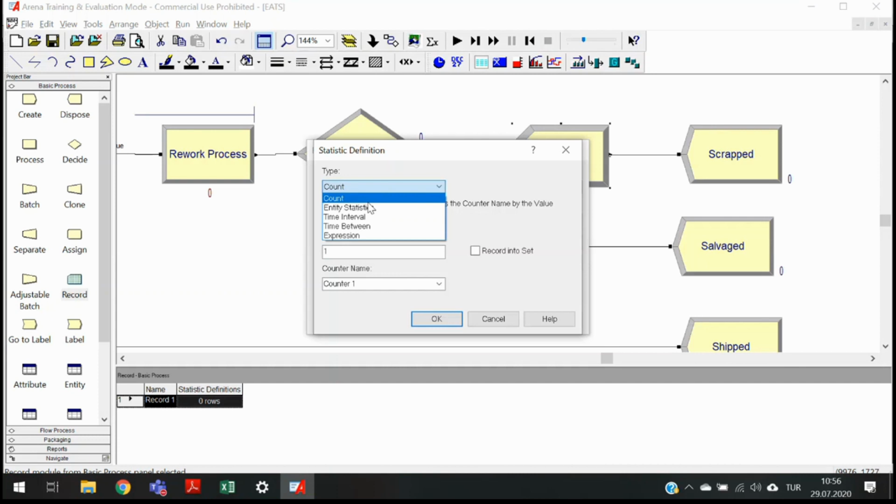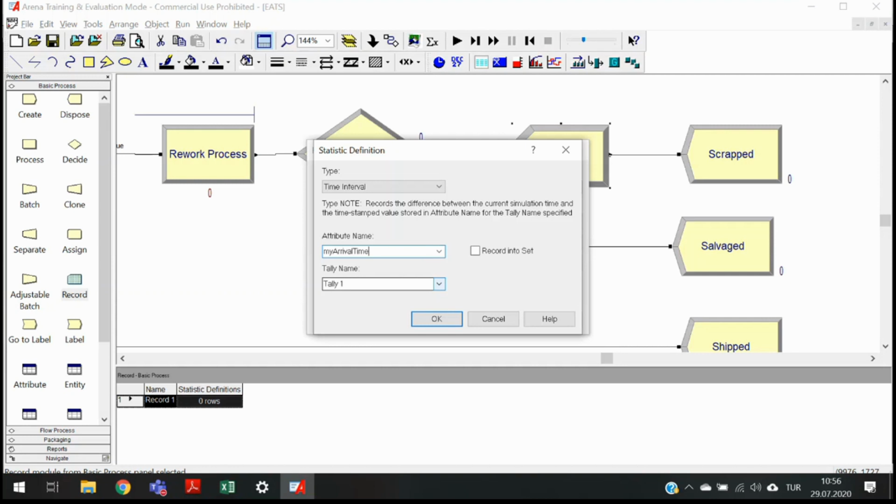So what I am going to record here is basically a type of time interval. Okay, time interval statistic. So I am just going to use the time interval statistic here, and the record here is going to calculate the time interval between my arrival time